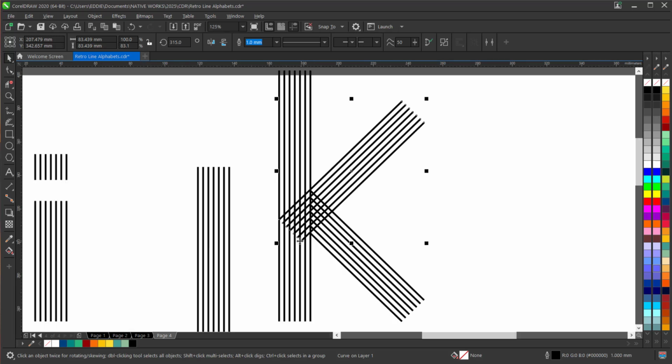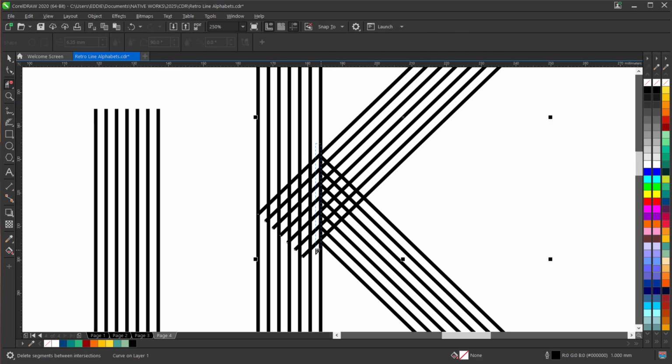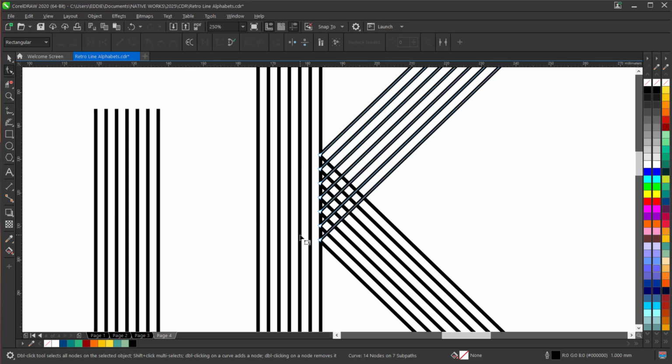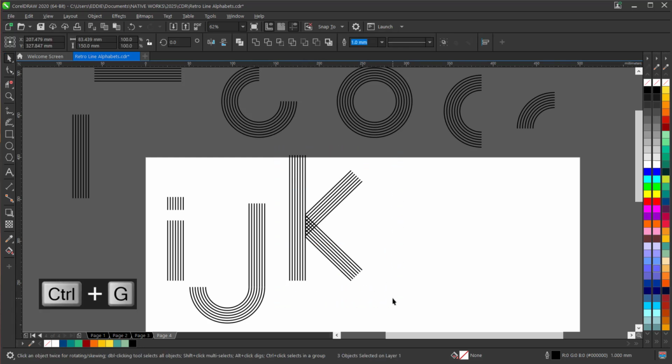And again, let's delete the unwanted parts using the virtual segment delete tool. Great work. So now our letter K is also ready.